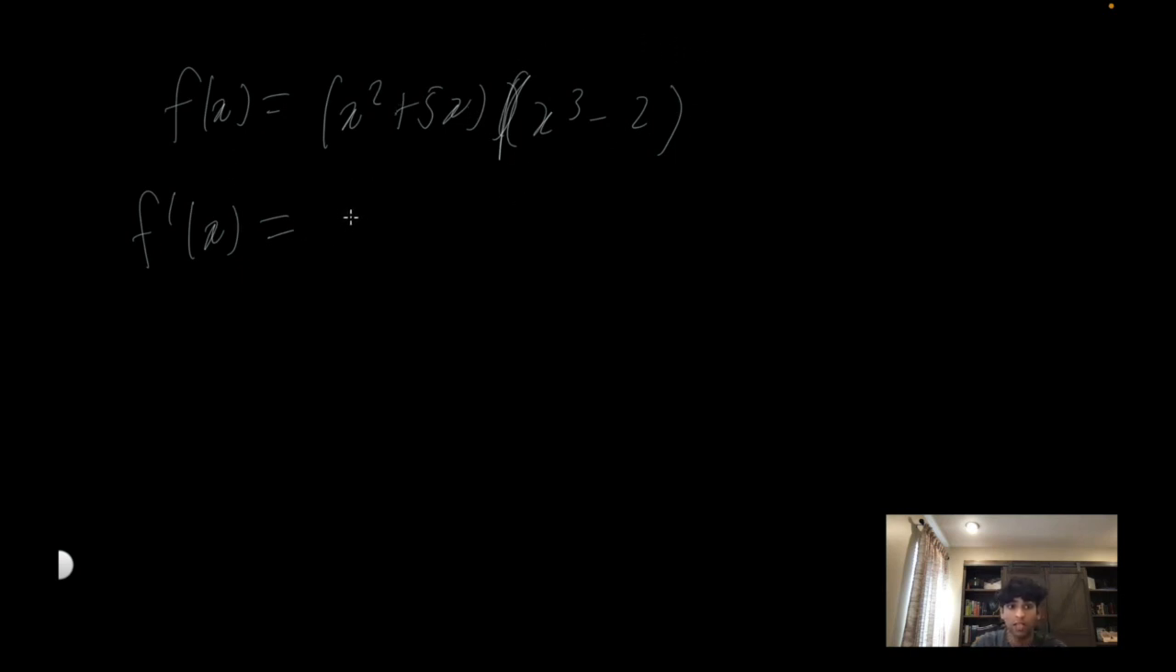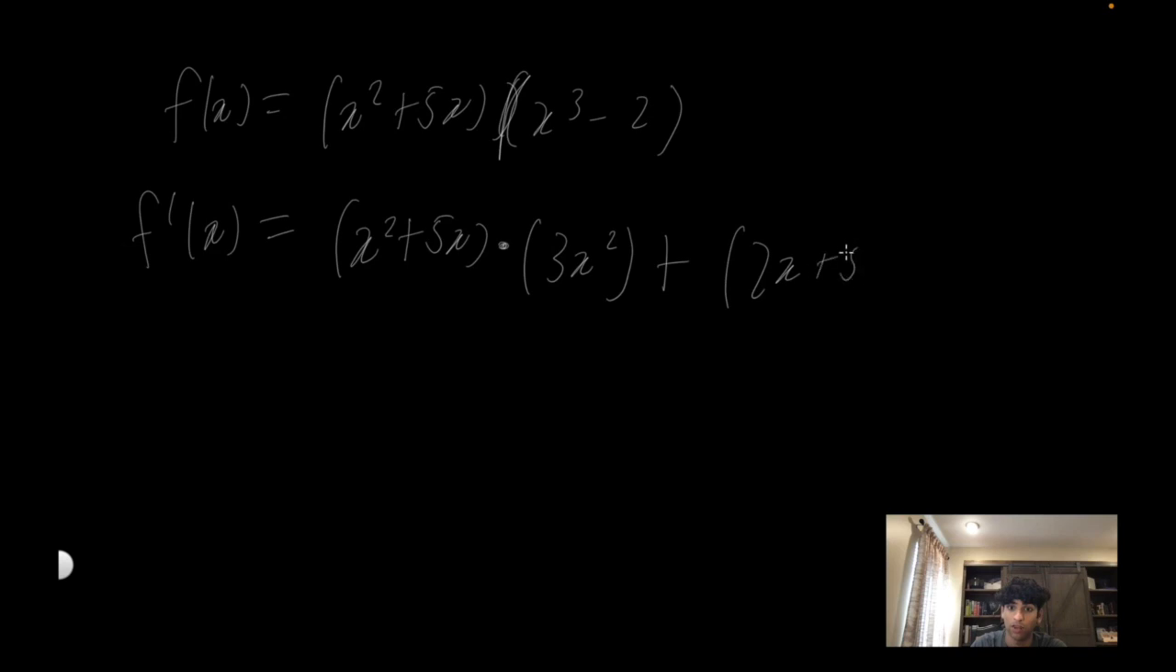So let's take the derivative of the second function and multiply it with the first. So that's just going to be x squared plus 5x, because that's the first function. We leave it as is. Then we multiply it by the derivative of the second function, which is just going to be 3x squared. And because this is a constant, it just turns it into 0, so we don't have to write that. Plus the derivative of the first function,